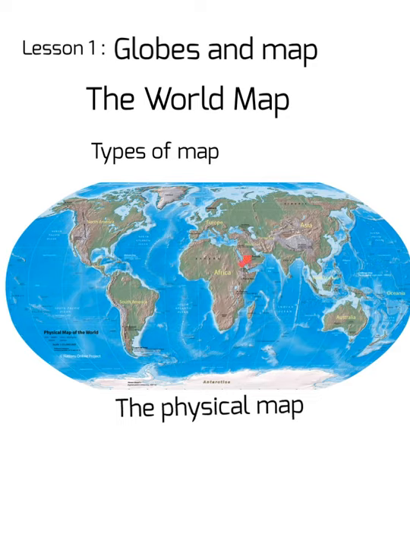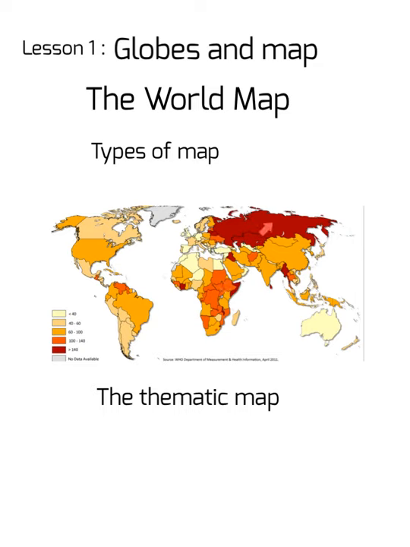The third kind of map is the thematic map. These maps are designed on a particular theme, showing the distribution of a variety of things like the distribution of railroads, rivers, rainfall, vegetation and minerals in different countries. This thematic map is showing distribution through colors. This map here is showing some kind of distribution of population. Different colors are used to represent the different populations of different countries.